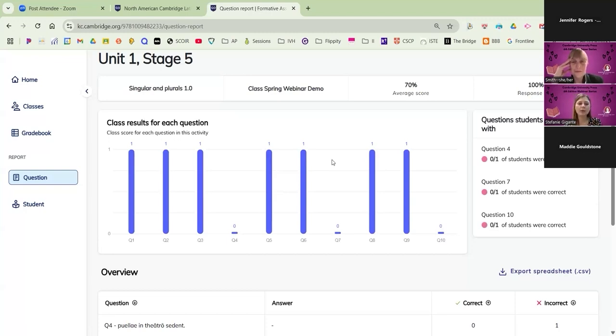Maybe you need a different approach because the first two activities you've done in class have resulted in a class average that is still 75 or something like that. But singulars and plurals are an essential concept. So now you go back to the drawing board and think of other things you could do to get this particular skill to a point of proficiency that will be helpful for your students as they move forward too.